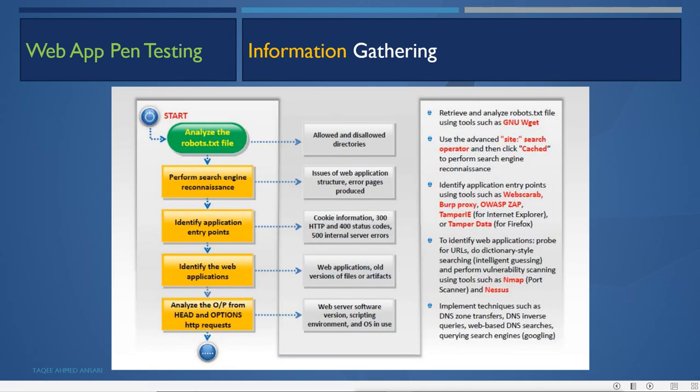Then information gathering. First, for information gathering, we analyze the robots.txt file, perform search engine reconnaissance, then identify the application and entry points, identify the web applications, analyze the HEAD and OPTIONS HTTP requests.